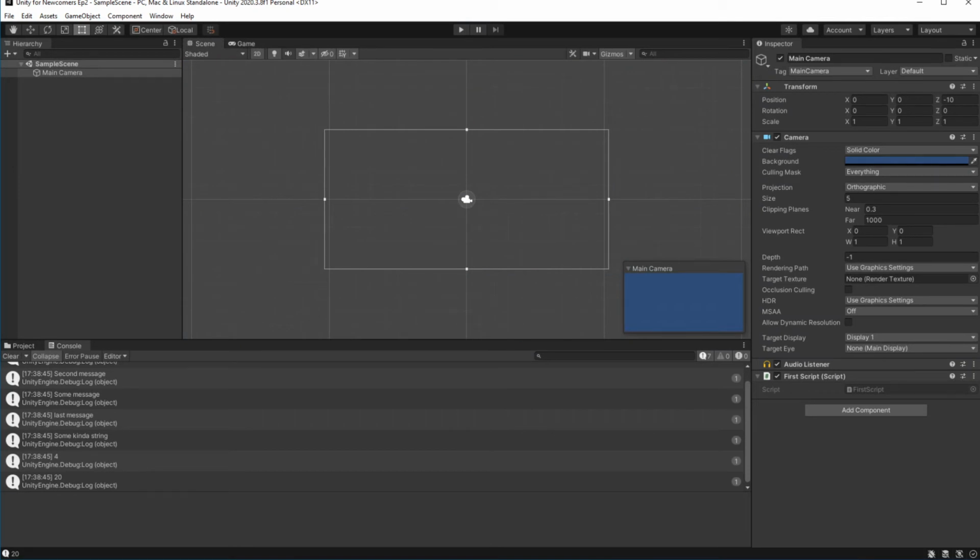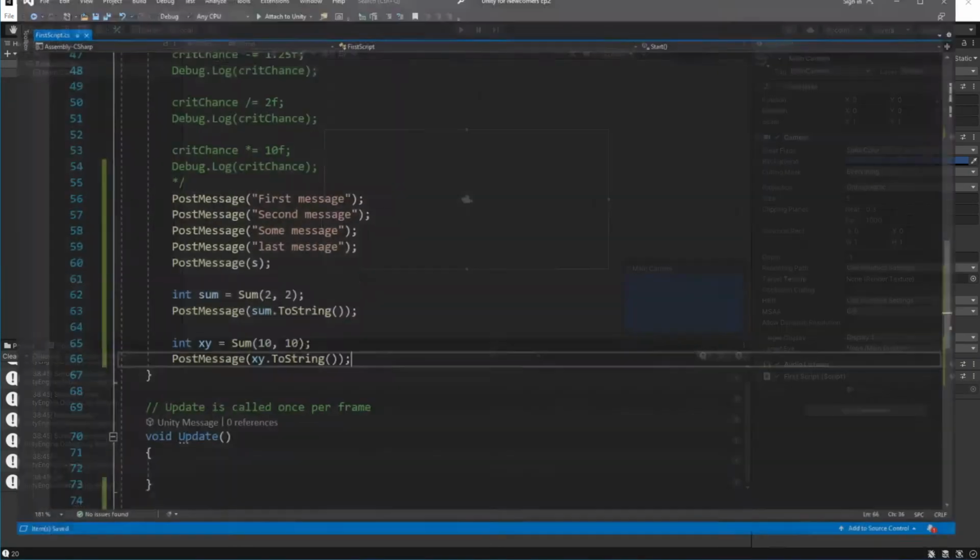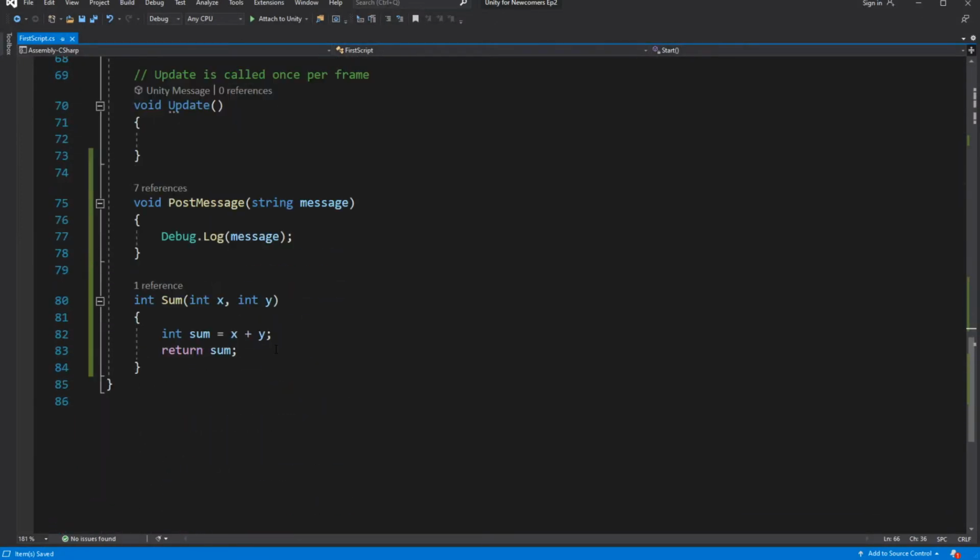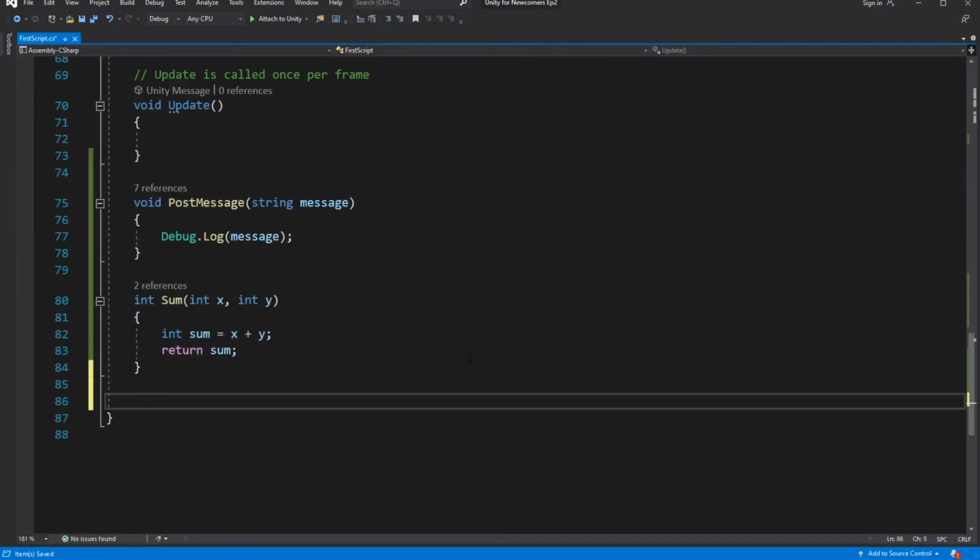Besides calling the functions from the start, we can call functions in the function. So how about we make a new method, which will calculate the sum of two integers and then pass the returned value to the postMessage method.